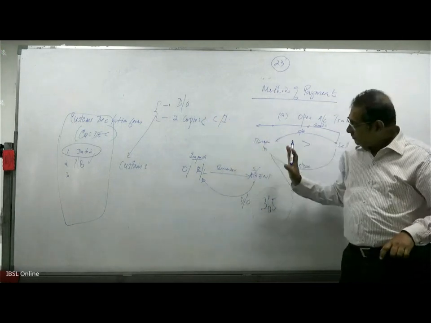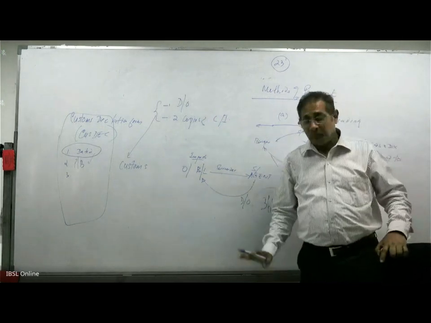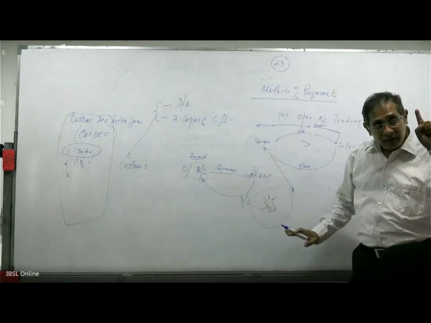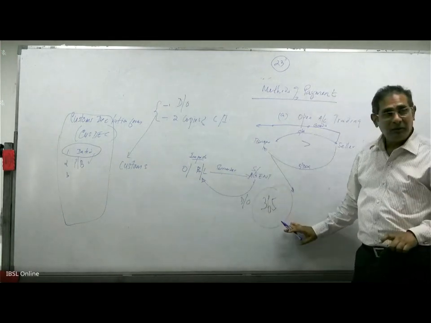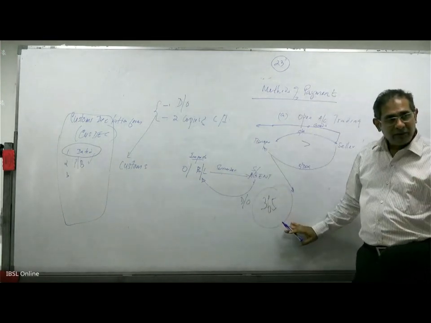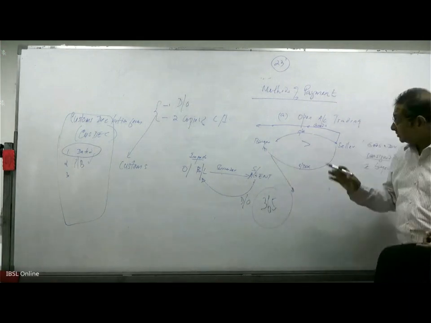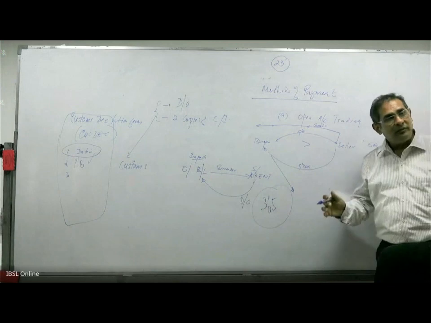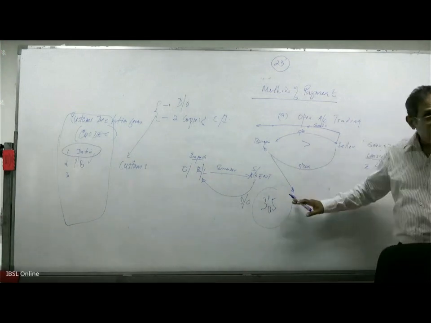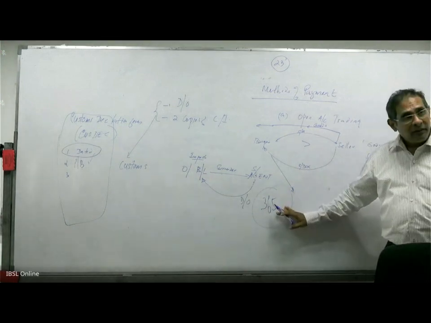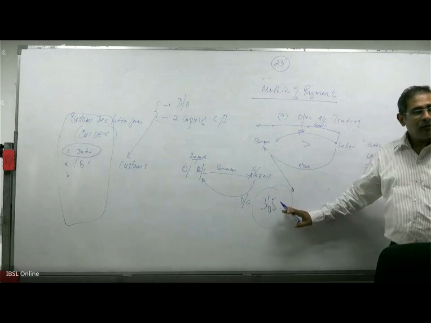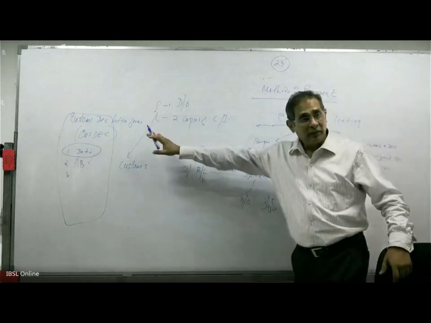Right? Once open account trading happens, the buyer can wait until 365 days before making the payment. In a practical scenario, they will not wait for such a long time because they have to continue to do business with the seller. So therefore, in a couple of days or one or 2 weeks' time, they will make the payment. But still, they have the entitlement of waiting for 365 days from the date of the CUSDEC.